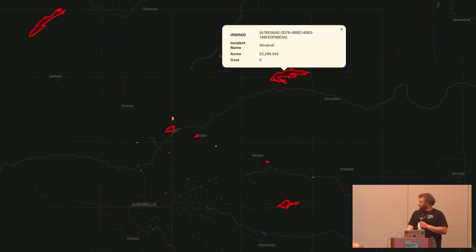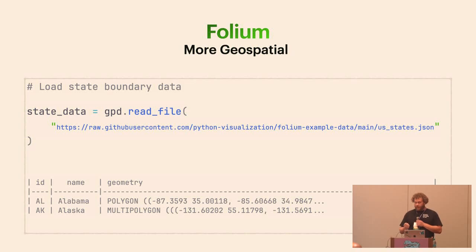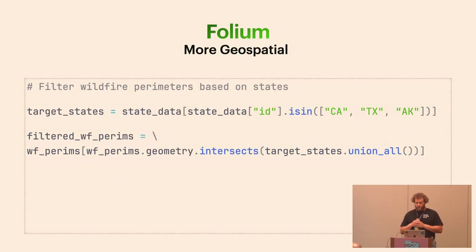But I did spend a good bit of time talking about geospatial data, so maybe we should use GeoPandas to do something with geospatial data. And for that, I'm going to pull in a data set that's just the states with their geometries, and I'm getting this data set directly from the Folium example data. So I'm going to pull that in. You can see here that it's just the abbreviation, the state name, and the geometry. But what we're going to do is I only want California, Texas, and Alaska. Those are the only states I want. So we're going to